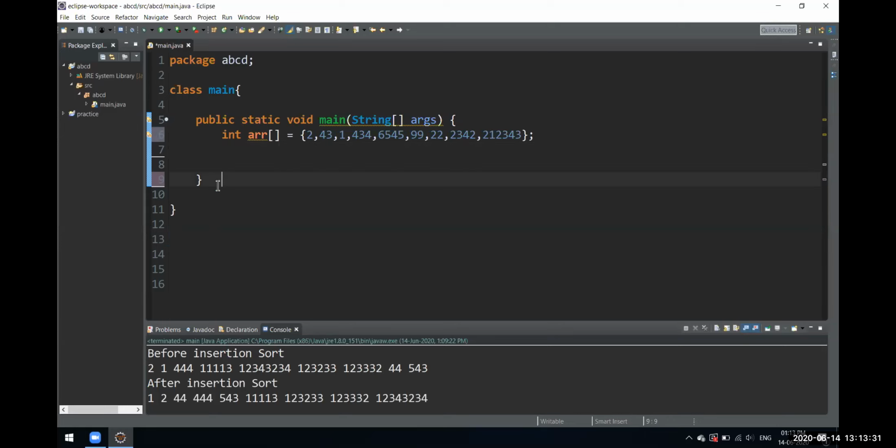Let's try building a method or a function for the quicksort algorithm. This is a little bit more complex. You have to build two functions for this, one for the partition and the other for the actual sorting. So try focusing and following along with me, and this would be very easy.